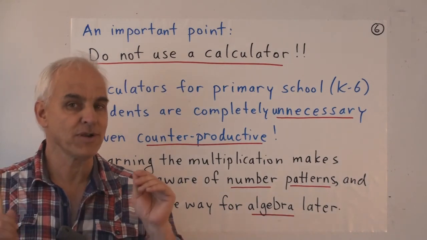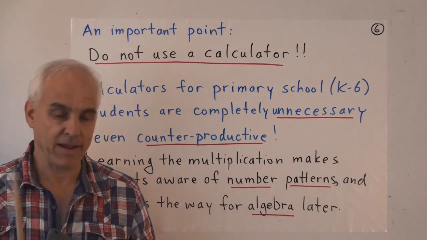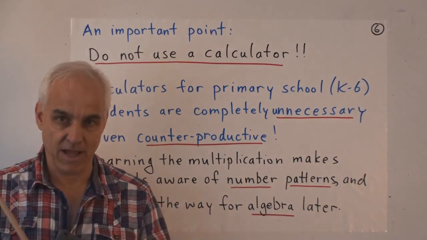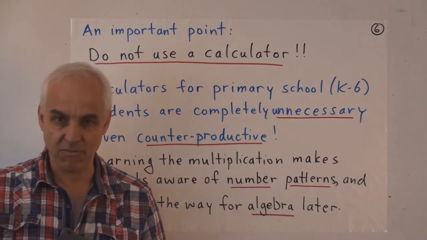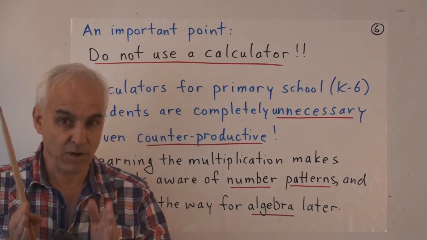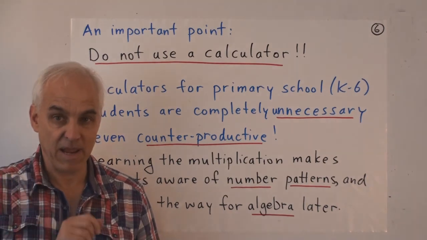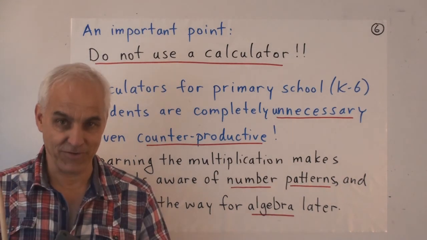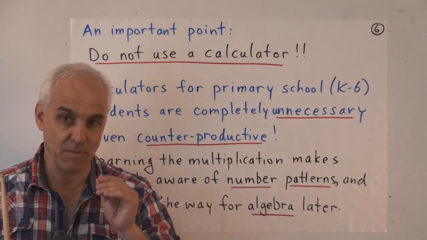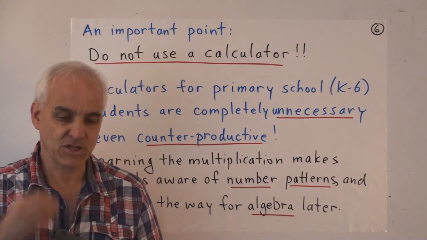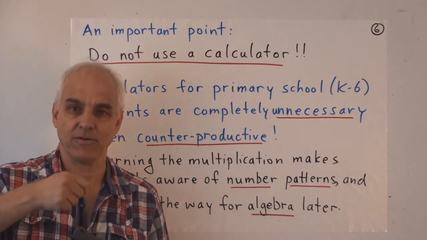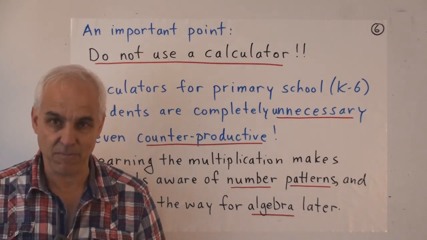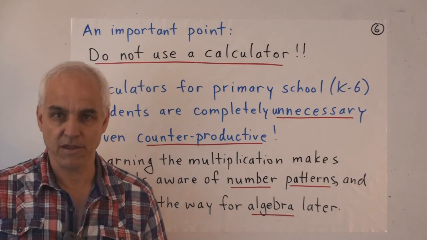You are not doing your young people a service by getting them up to speed with technology, etc., by giving them calculators. By all means, give them iPads to play around with and so on. But when it comes to doing arithmetic, pen and paper, or even better, pencil and paper, are the key tools. Right? That's all a student needs, and that's the best thing for them. It's so important that they actually get practice over and over and over again, doing multiplications, figuring things out if they haven't memorized it, making work on the page.